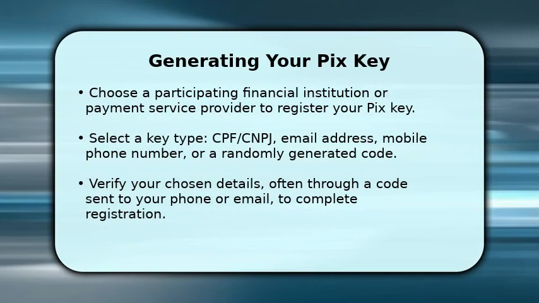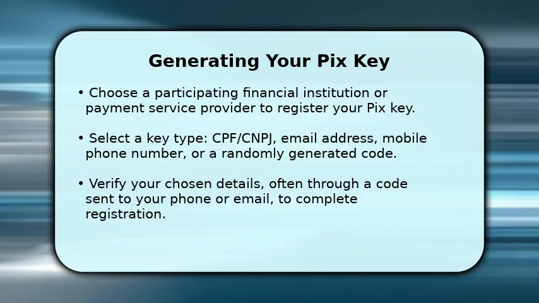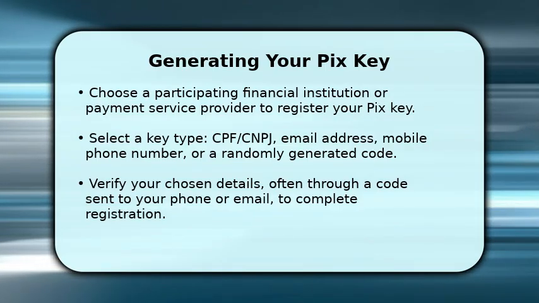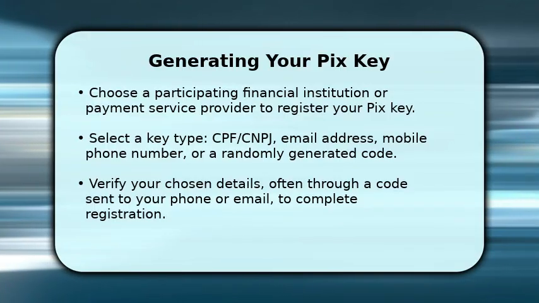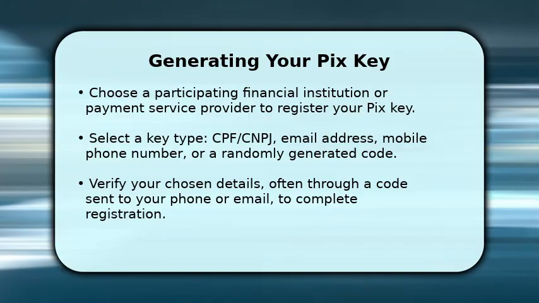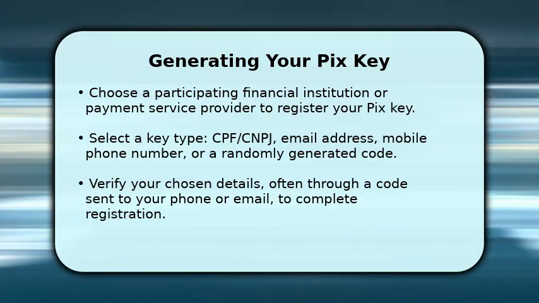To begin, you'll need to create a Pix key, which acts as an identifier for your account. First, open your banking app or chosen financial institution's platform. Navigate to the Pix section and select Create New Key. You can choose from 4 types: your CPF or CNPJ, an email address, a mobile phone number, or a random key. After selecting, you'll typically receive a verification code via SMS or email to confirm your details and finalize the